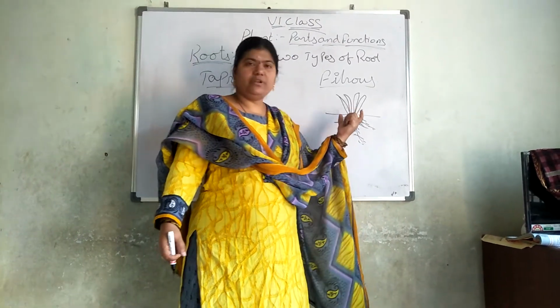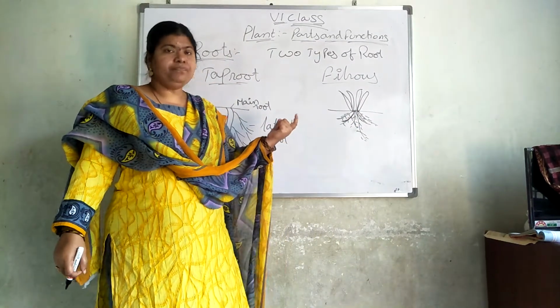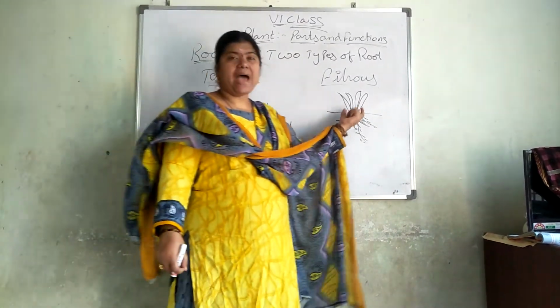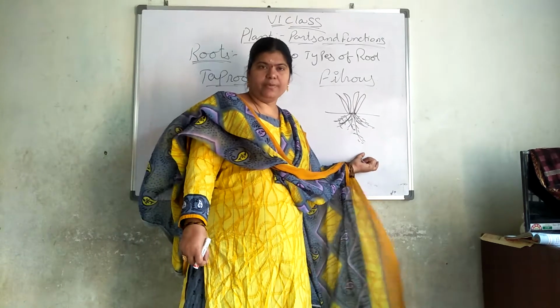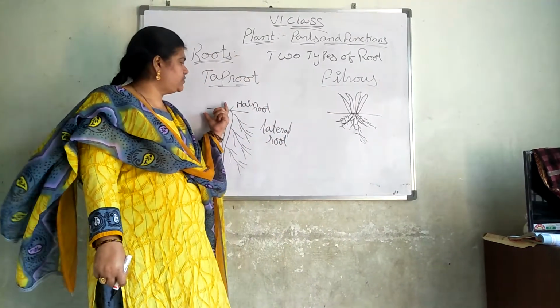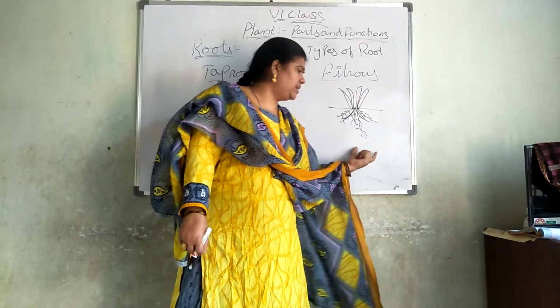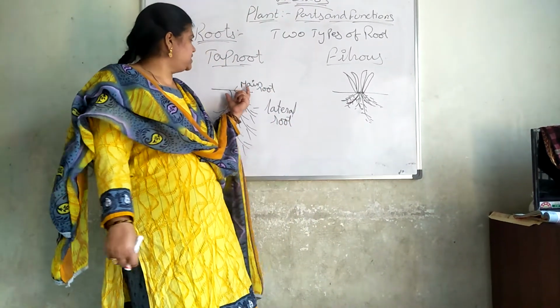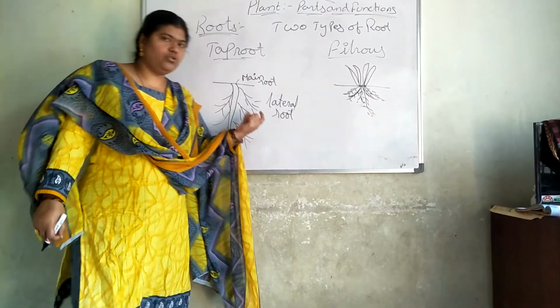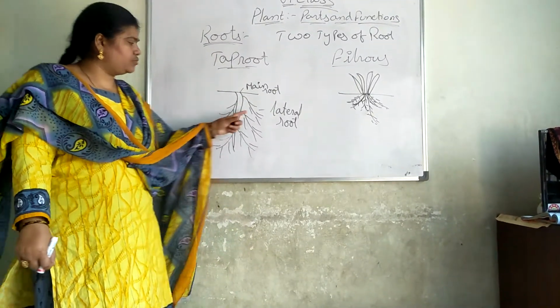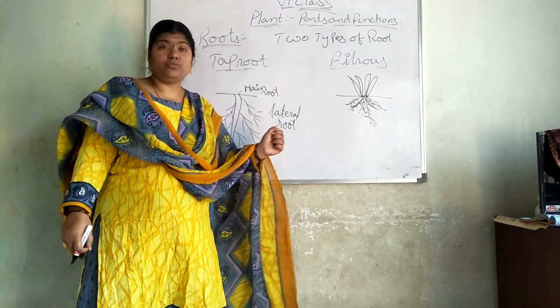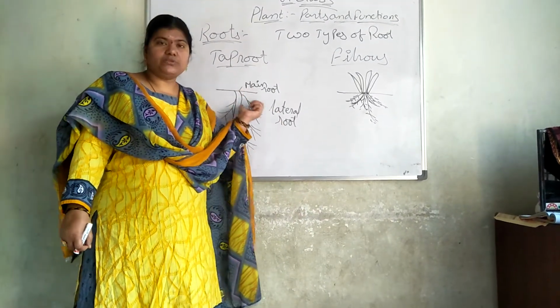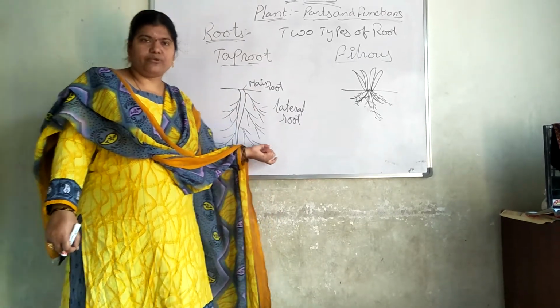And the leaves also will be light in weight, not very big. They will be in parallel venation. You can see the leaves will be present. How many types of root systems are we having? Taproot system, and we are having a fibrous root system. Taproot system means it will have a main root, and to that main root lateral roots will be present. It is very thick to remove, and big trees will be formed by using this taproot system.